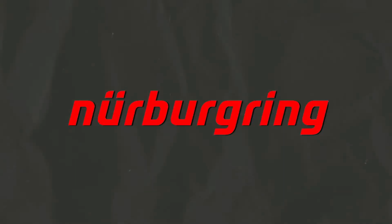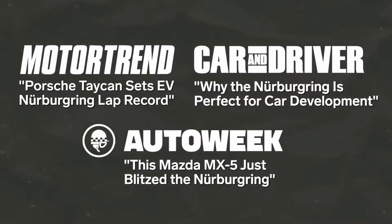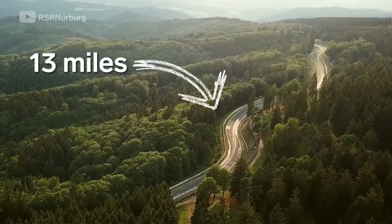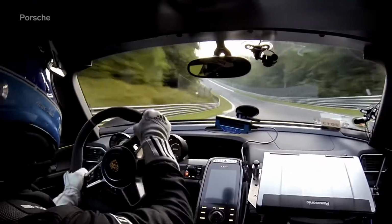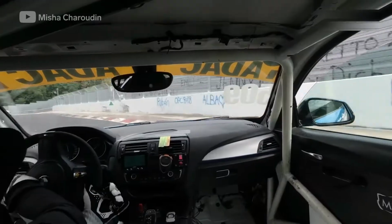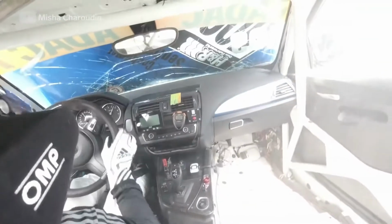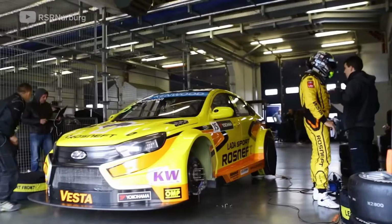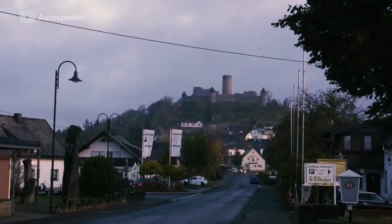The Nürburgring. If you've spent any time reading about cars, you've probably heard the term. What is it? It's a merciless 13-mile track with terrifying twists, turns, and dips. And arguably the most dangerous race course in the world. But it's become a sort of holy destination for drivers, professional and amateur, who make the pilgrimage to the small